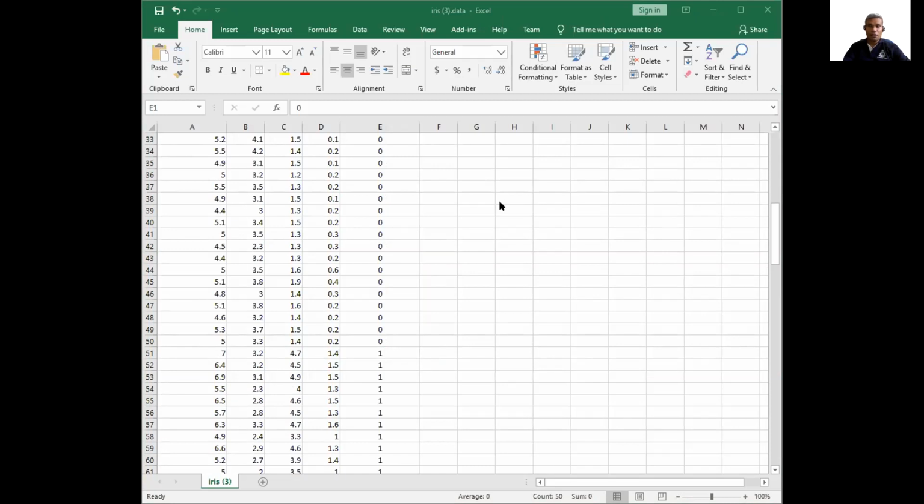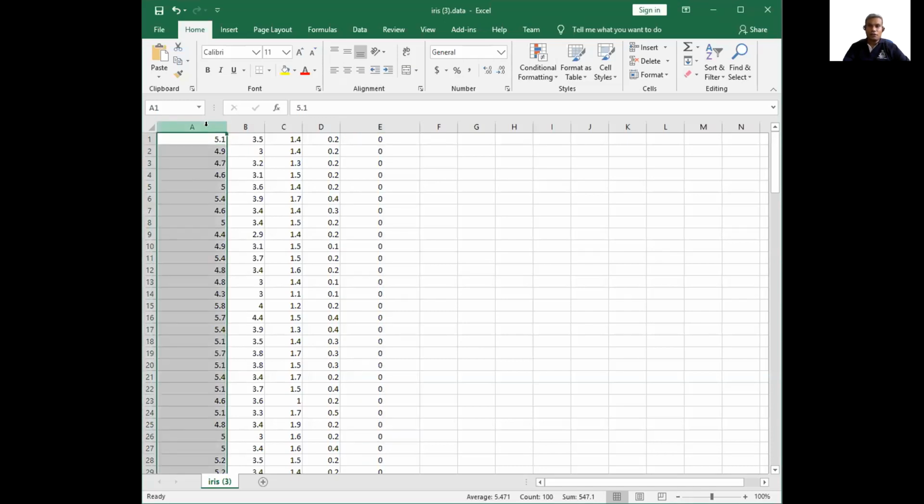But for a neural network to work, it's better to have a randomized set of data. That means instead of having the same type of data continuously, we like to shuffle it. So how can we shuffle the data in this Excel sheet? You can do the shuffling inside MATLAB, or we can use a small trick in Excel to rearrange the